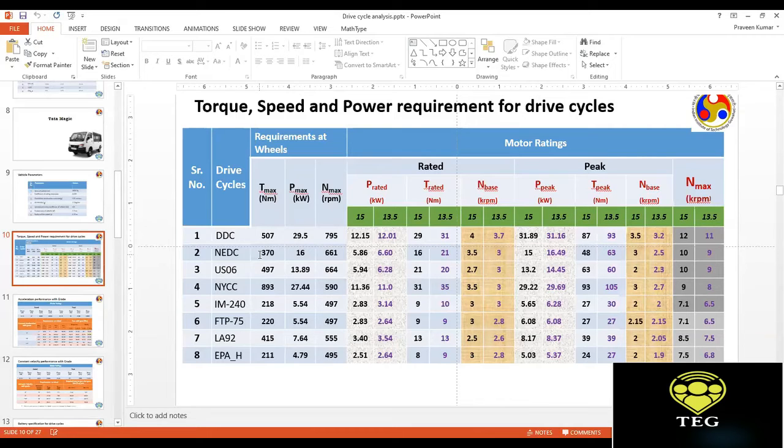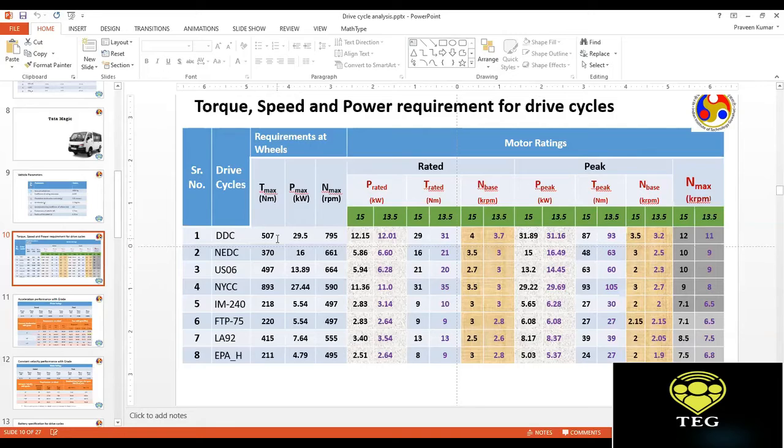So now one thing is clear. If I have a Tata Magic, and if I have a motor and all the electric drivetrain for meeting the expectations of a driver in Delhi or a typical Indian city, and then take that vehicle and try to sell it in the European market, we would have problems, because that drivetrain will be much overrated for European conditions. For European conditions, a 16 kilowatt peak power and 370 Newton meter of peak torque is just sufficient. Whereas in Indian traffic conditions, we need 30 kilowatt of peak power and 507 Newton meter of peak torque for the Tata Magic.